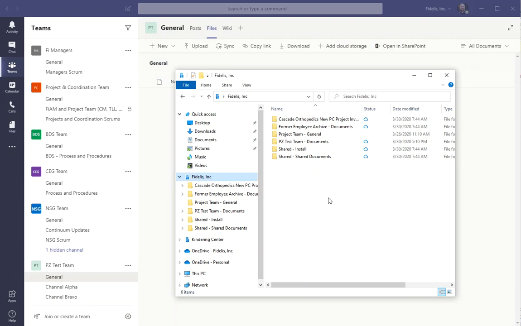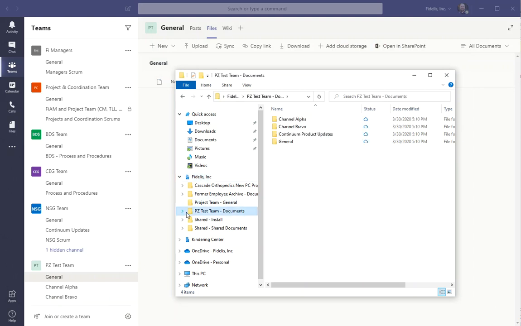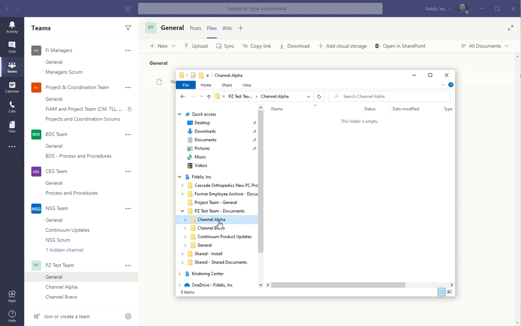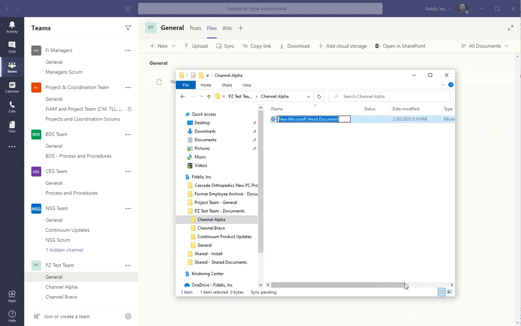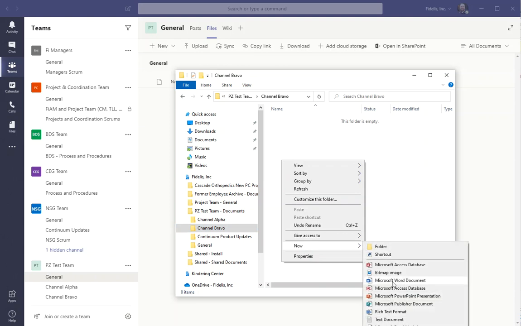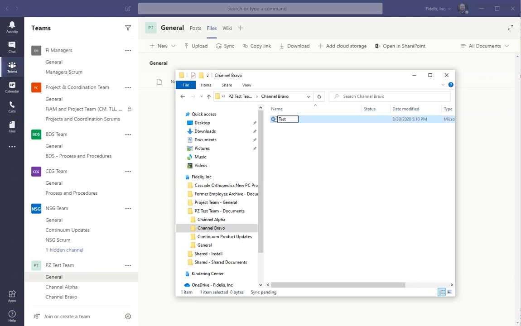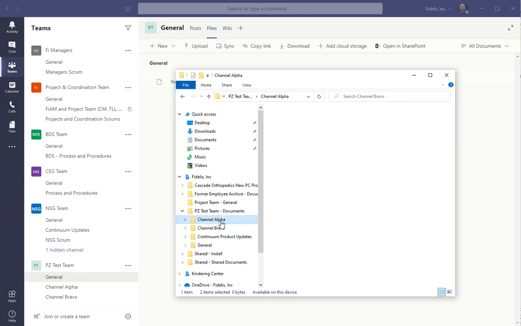And if I go to my File Explorer, now you'll see my team here with all my documents and different document libraries. So if I was to go in here and create a new document, and another document here in channel B, and as soon as these synchronize up to OneDrive, which they've done based on this green check mark here,